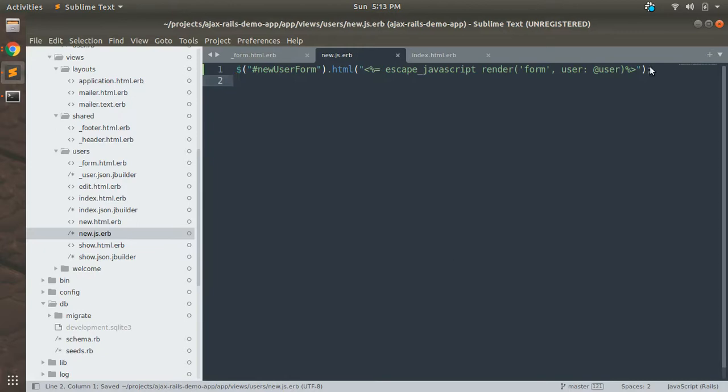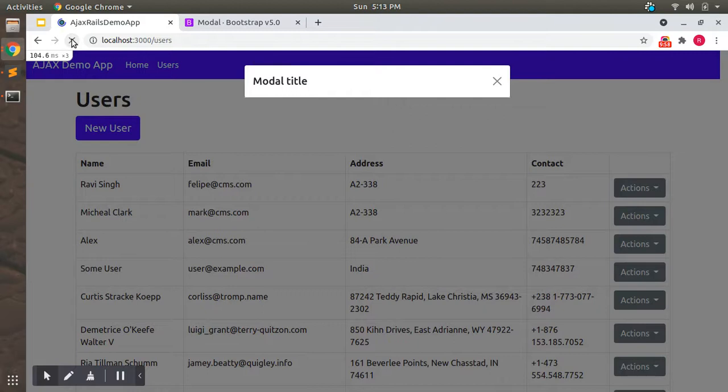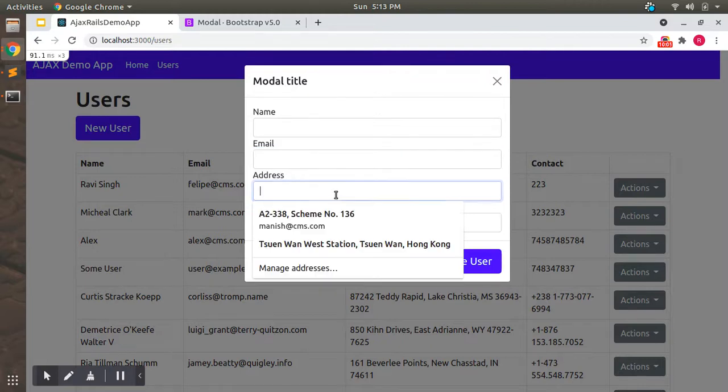Save it. Now reload the page. Now you can see that our form is displaying here.